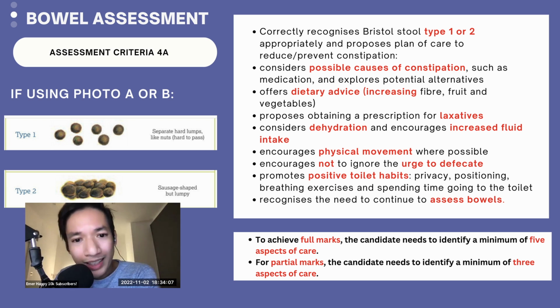Let me ask the crowd, what is the reason behind this? Why do we need, I know we do talk about this every time, to advise patient to increase fiber and fruit. But what is actually happening inside the body once you take fiber, fruit, and vegetable? Bulk forming, and of course, they sweep, yeah, your intestines, so you will be able to defecate. So again, I can see that someone mentioned it promotes peristalsis. Okay, so well done.